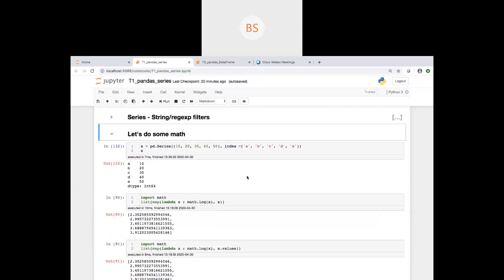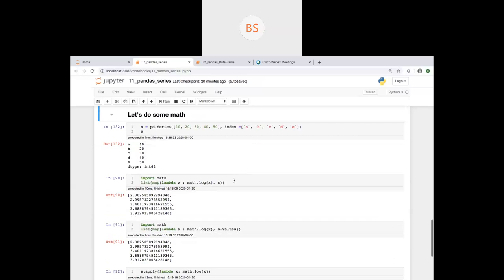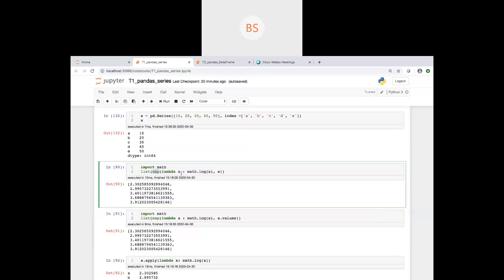What you can do here is the normal Python way. You give your list S, and this is your lambda function, and you can map it.